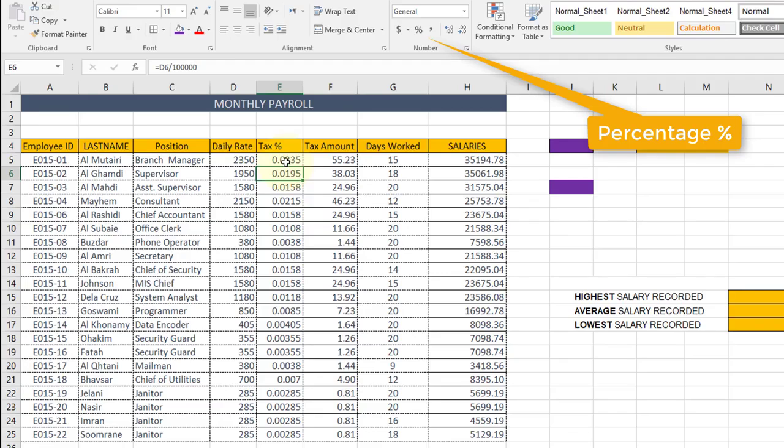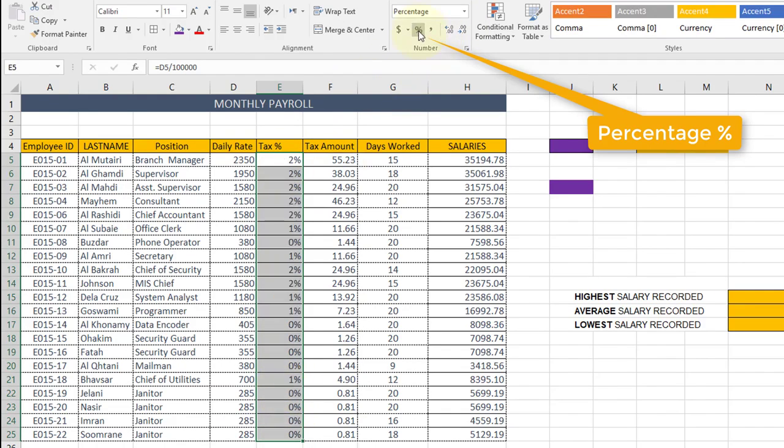Now again if you see it says 235, so it means I need to see 235 also there. It should be 2.35%. So I click this, but it's 2%. Now I can increase the decimals. So I will do the same for all of them. First percentage and then you increase the decimal. Now you can see all these are percentages.